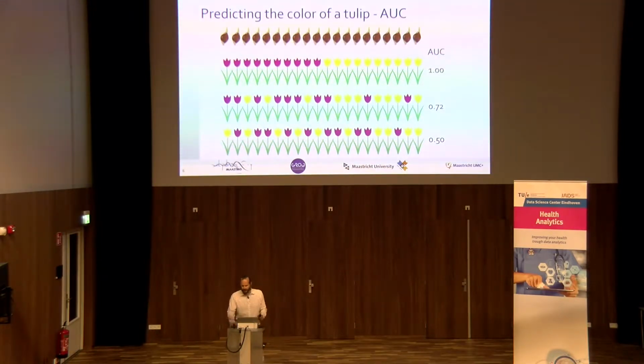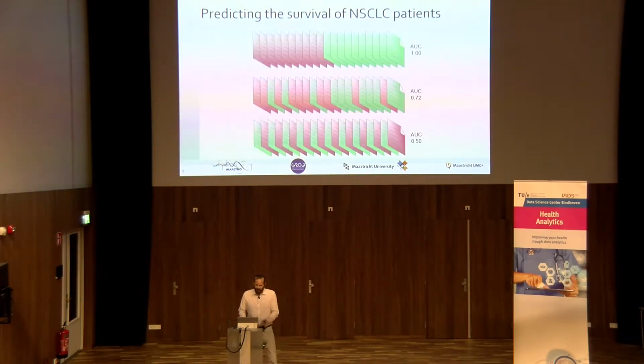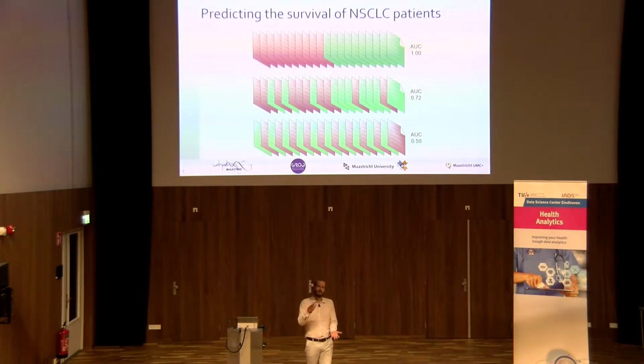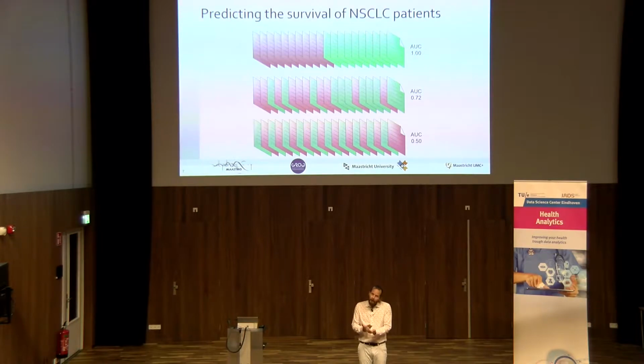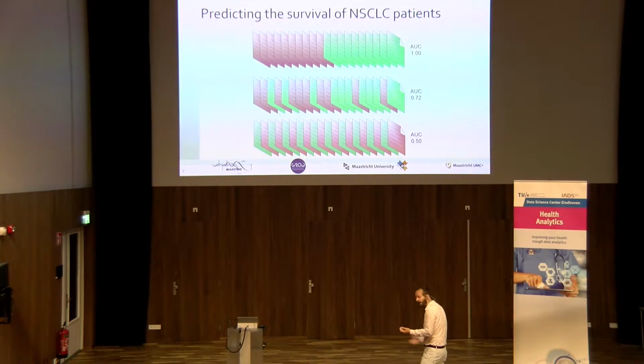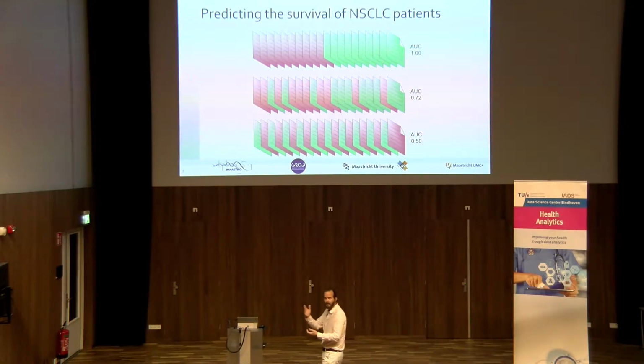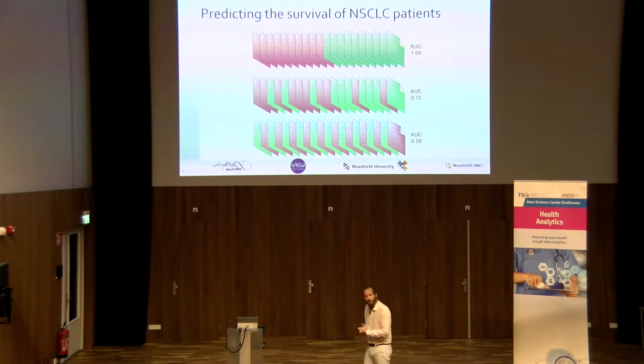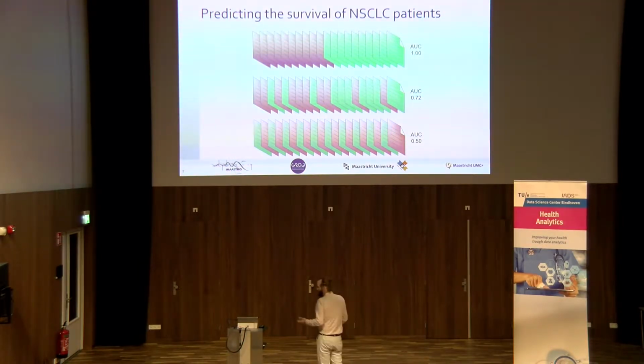Now, we don't grow tulips at MAASTRO clinic. We irradiate cancer patients, and we treat lung cancer patients, amongst others. But we asked our physicians more or less the same question. We gave our physicians 30 charts of lung cancer patients. And we removed everything about what happened after the therapy. So they had all the information about the patient except what happened after therapy. And we asked them, read this chart and predict, will this patient be alive at 2 years? If you're sure of that, put them on the right-hand side. If this patient is sure to be dead at 2 years, put them on the left-hand side, and put the ones you're unsure about in the middle. So same metric, area under the curve.